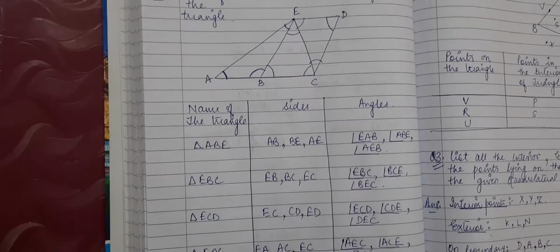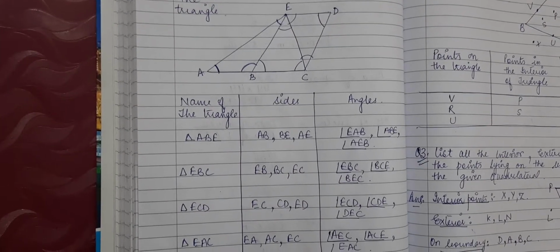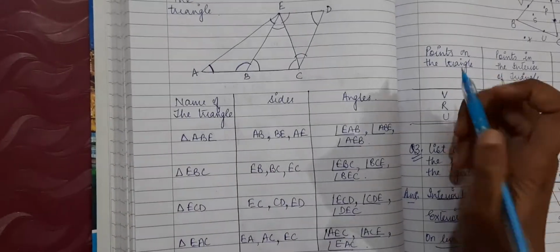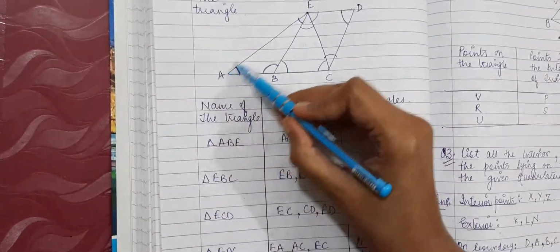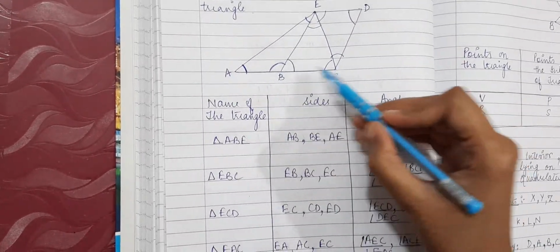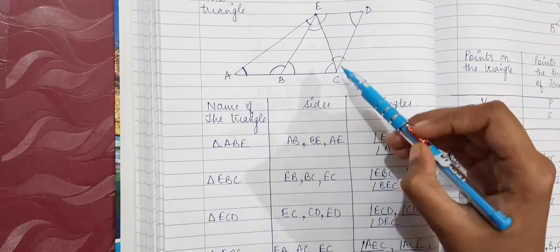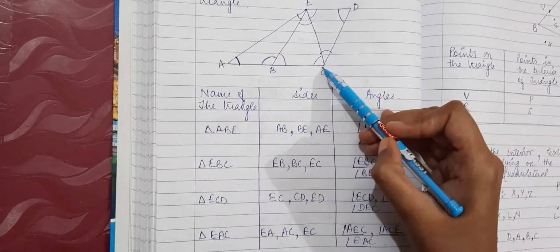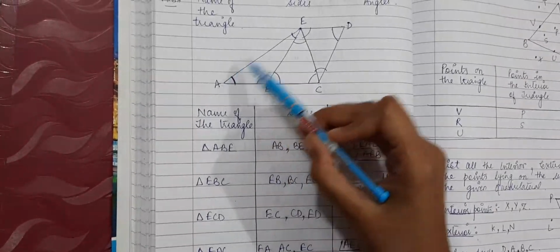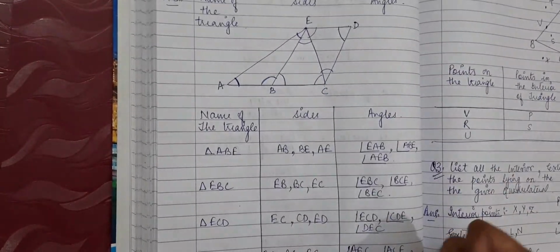Okay. So you will see that there are three triangles in this figure, but no, there are four triangles in this figure. If you look clearly, a bigger triangle is also being formed. This big triangle is also being formed. So triangle AEC is also formed. And what will be the sides of this? The sides of this will be AE, EC and AC. So these are the sides.